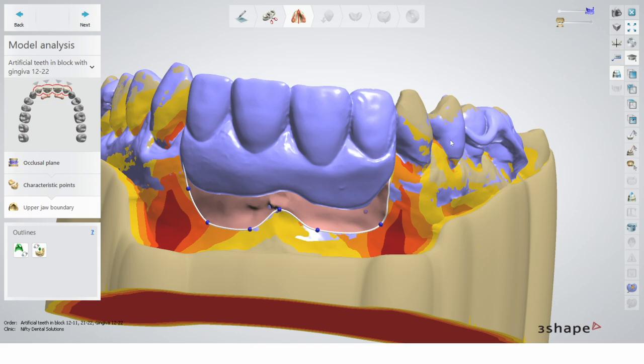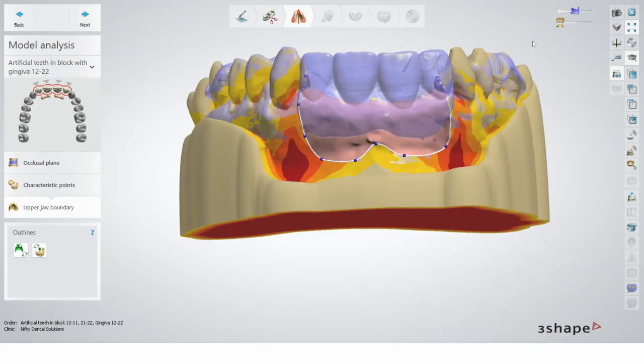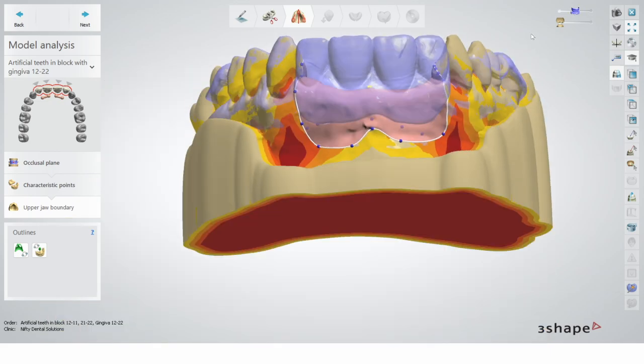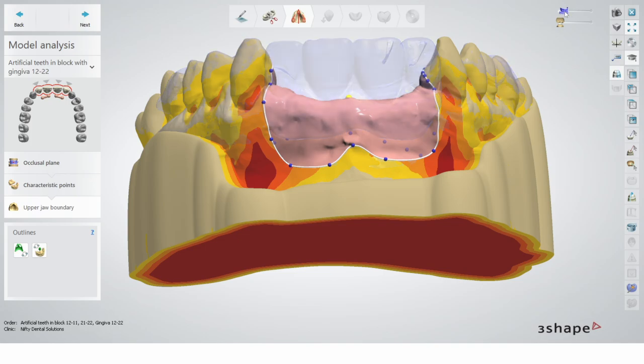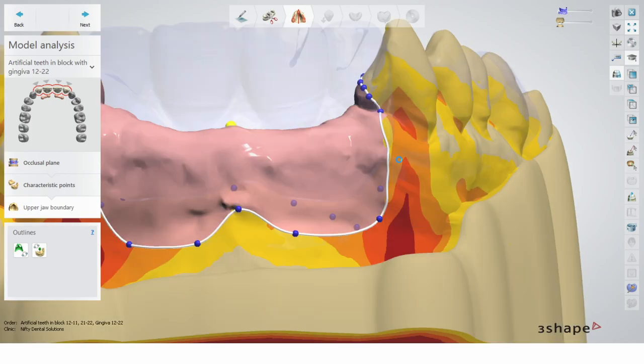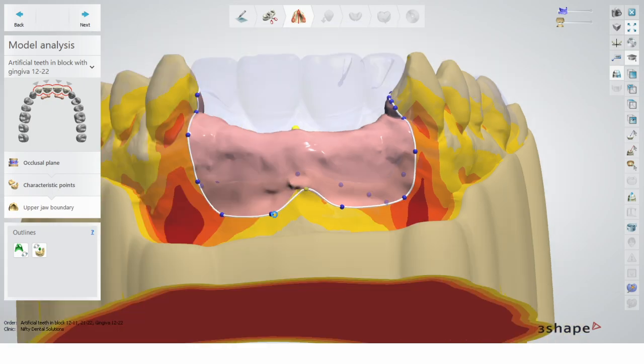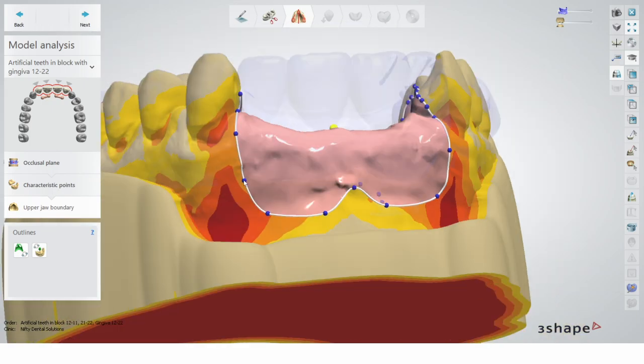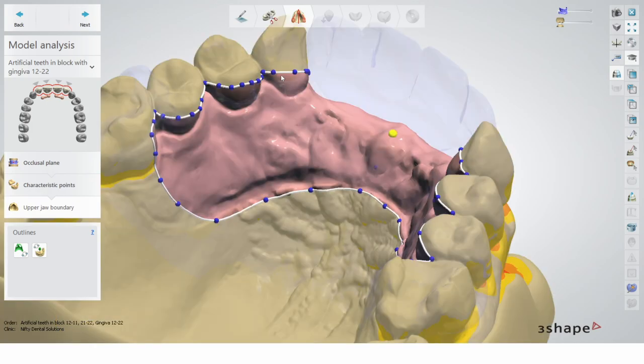Now you can see having the old dentures fitted is just perfect because now I can see how much I'm extending the flange. Here I probably need another couple of dots just to make it look a little bit better. Yeah, I'm quite happy with it.